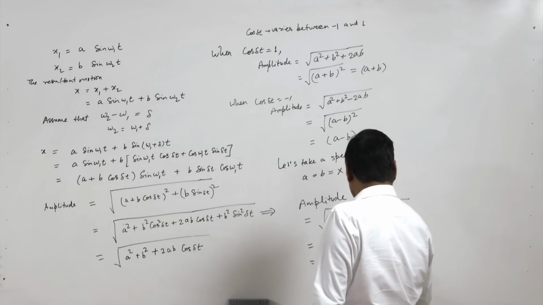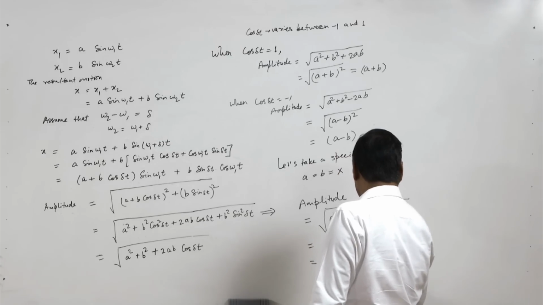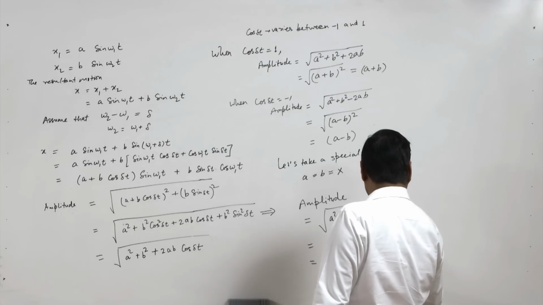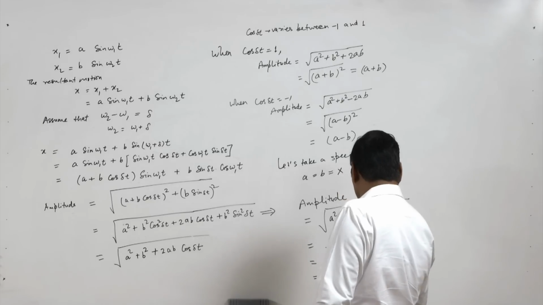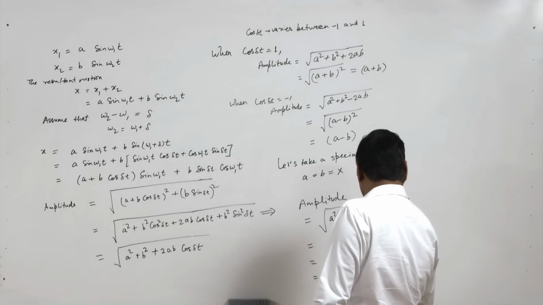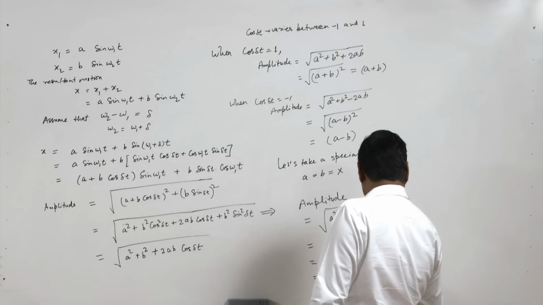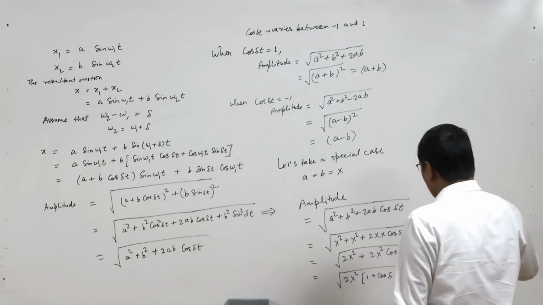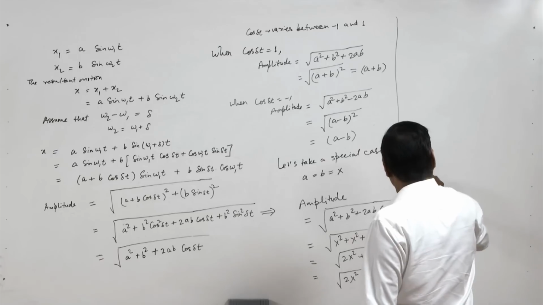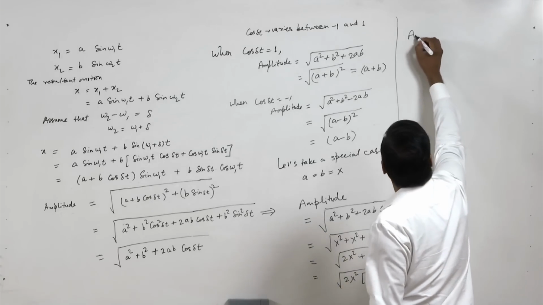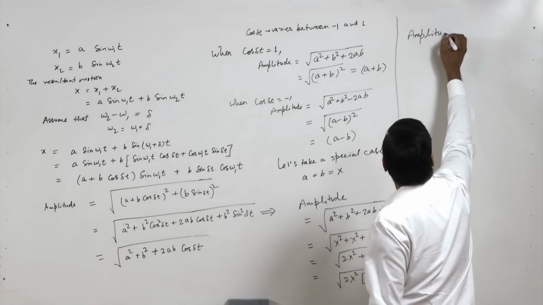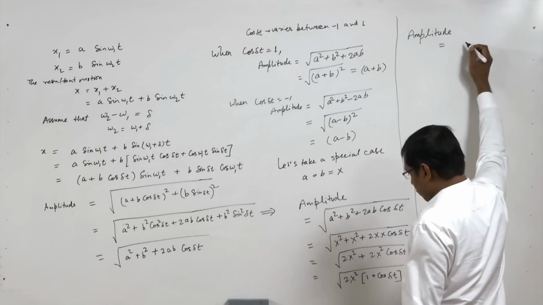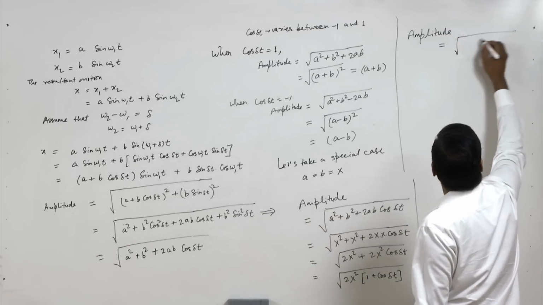So it is equal to 2x square plus 2x square cos delta t, so equal to under root 2x square into 1 plus cos delta t. So we can write this equal to under root 2x square